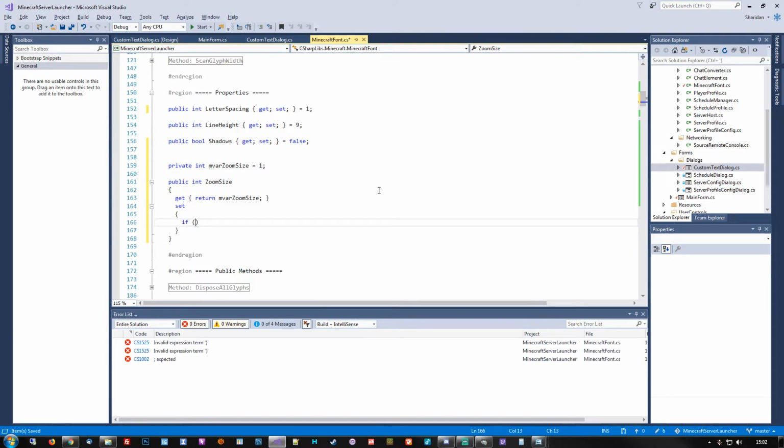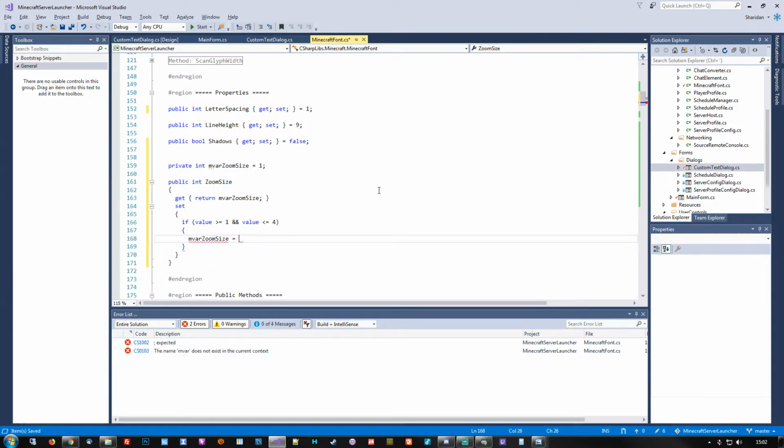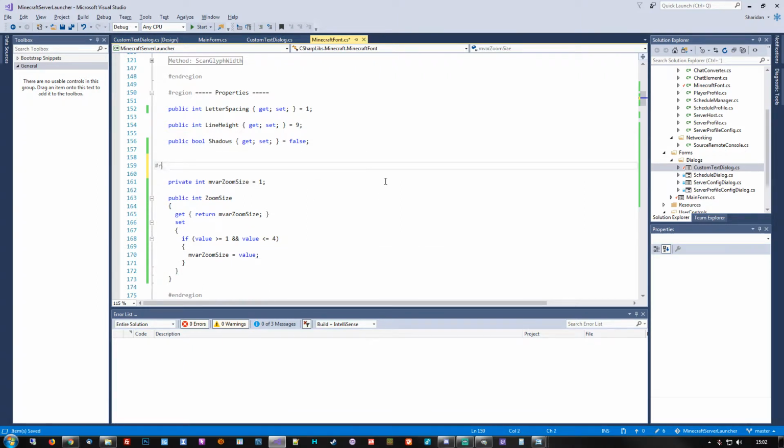So if the value is greater than or equal to 1 and value is less than or equal to 4, then we'll do the updating, and that should be it. So put that in here, property, zoom size. There we go. All right, so